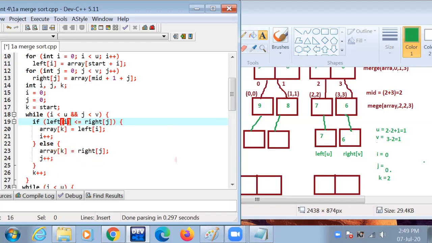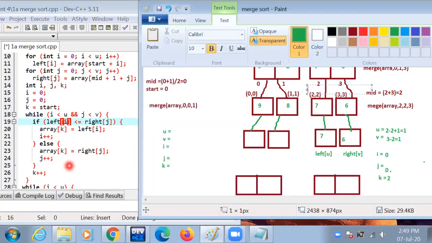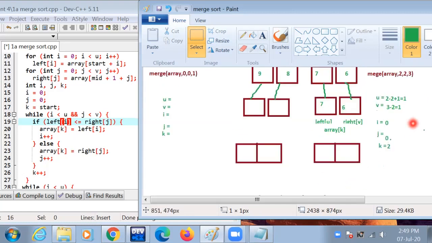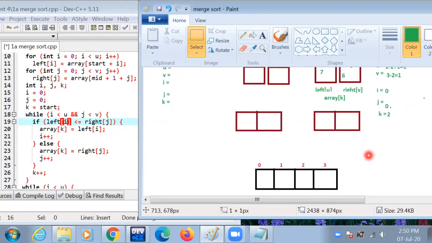The array k, the k value is 0. This is array k, this is 0 and this is 1.